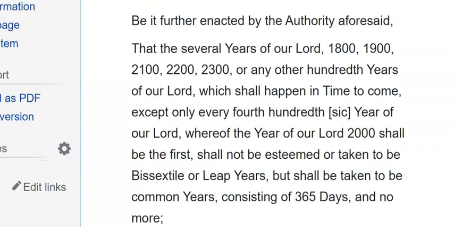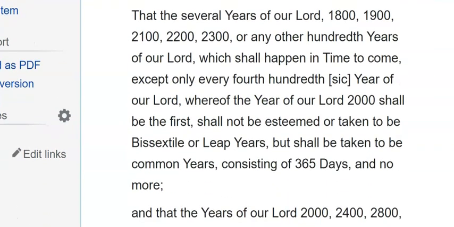bit of code, right? This is the bisextus idea, right? About the Gregorian calendar or something, right? Look at all the code here, like several years of our Lord, every 400 year. And,